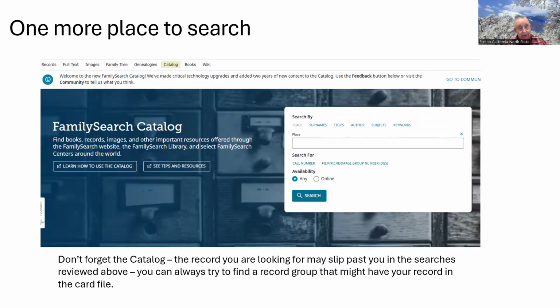Okay, and one other place to search, we've mentioned it already, is the card catalog. We won't take time to go back into there, but don't forget, if you've been doing all these other searches and you still haven't found what you're looking for, you might need to go back to the card catalog and do a search there. Now, I know when they revised the catalogs, they made some changes, especially in Europe, to the locations. And so if you're not finding the record that you know FamilySearch has got, at least they used to have it, because it's not coming up under the way the location used to be called,